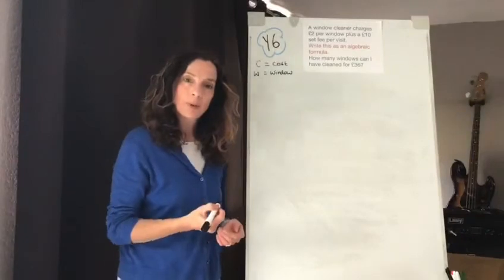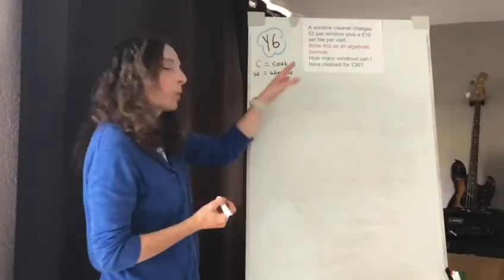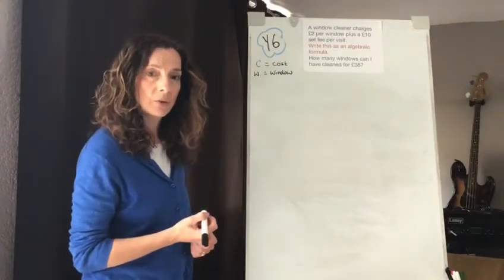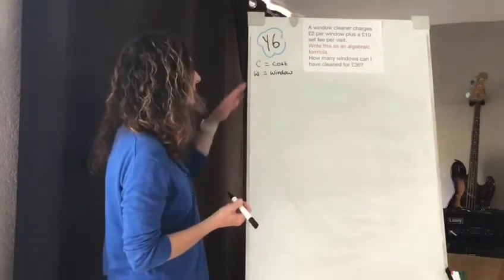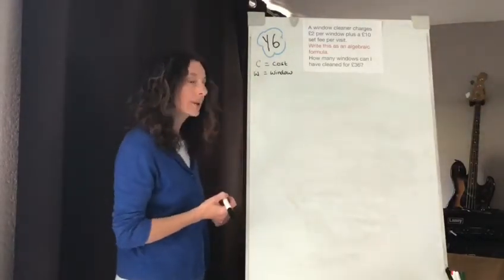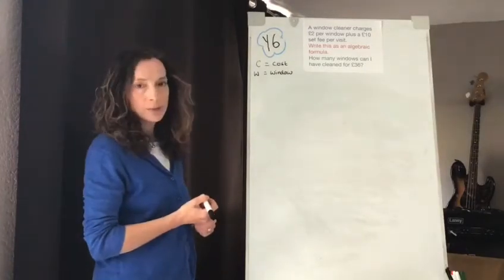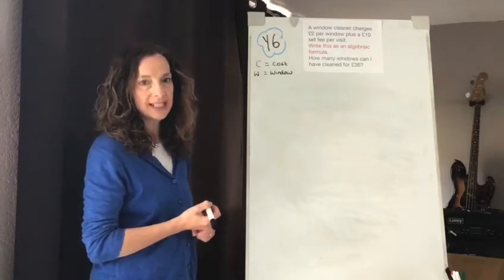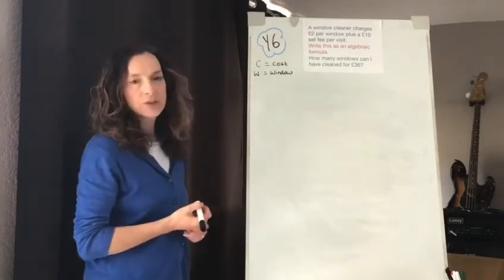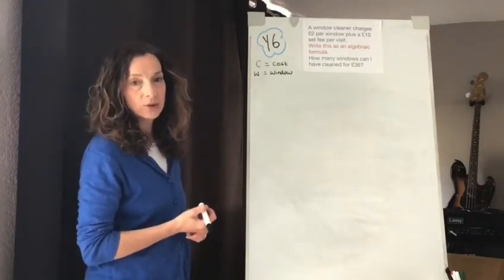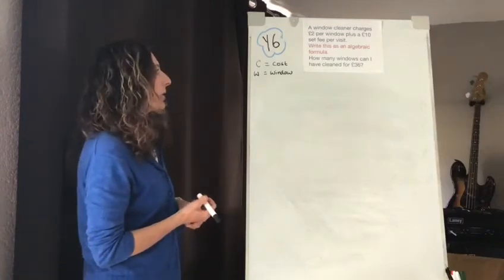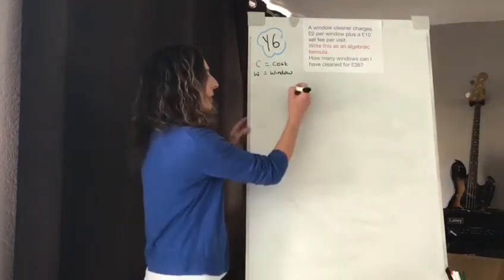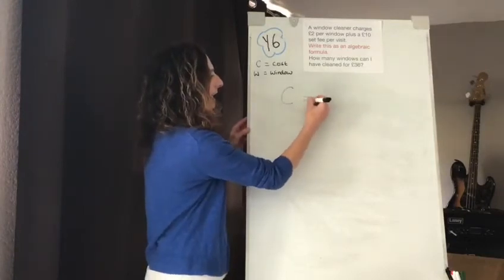Another type of problem that you might be asked to solve is a word problem where we use an algebraic formula to help us solve it. So let's have a look at this one. It says, a window cleaner charges £2 per window plus a £10 set fee per visit. And the first thing we're asked to do is to write this as an algebraic formula. So we're going to use C to represent the total cost. So we would say that C equals